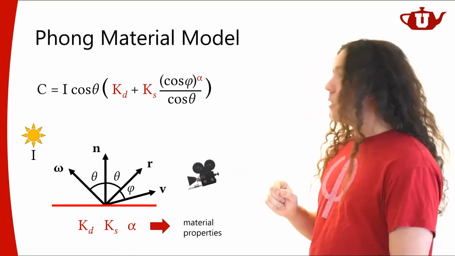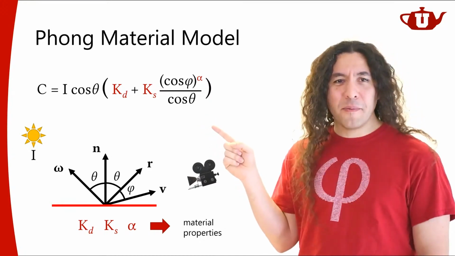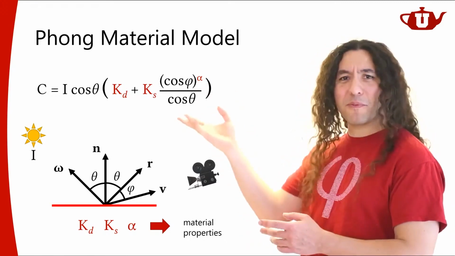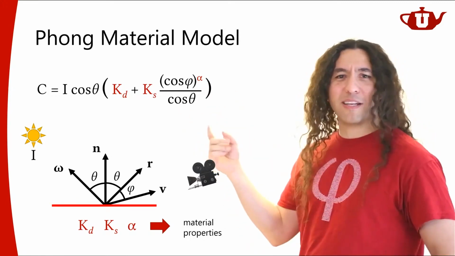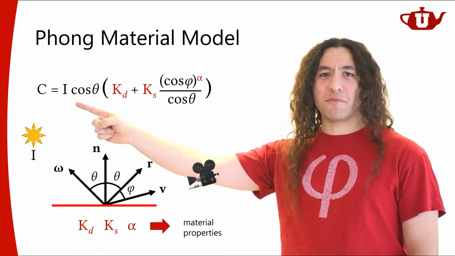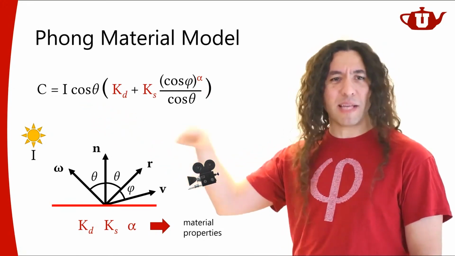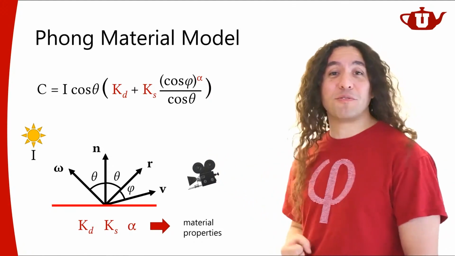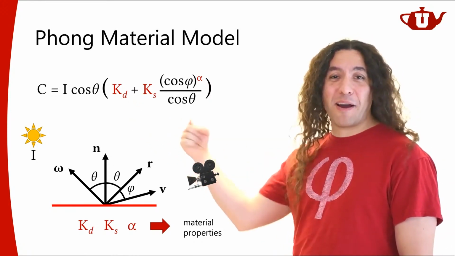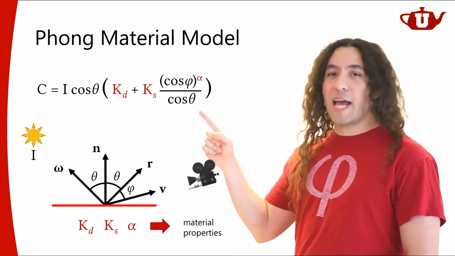Now, if this looks like a hack to you, yeah, kinda, it is a hack, because back when Phong came up with this idea and wrote his material model, he didn't really write it in this form. And we added it later when we realized that what Phong was doing here in the diffuse term was actually the geometry term. That terminology came to the computer graphics community much later on. So this is a newer form of writing the Phong material model. But this actually makes perfect sense.